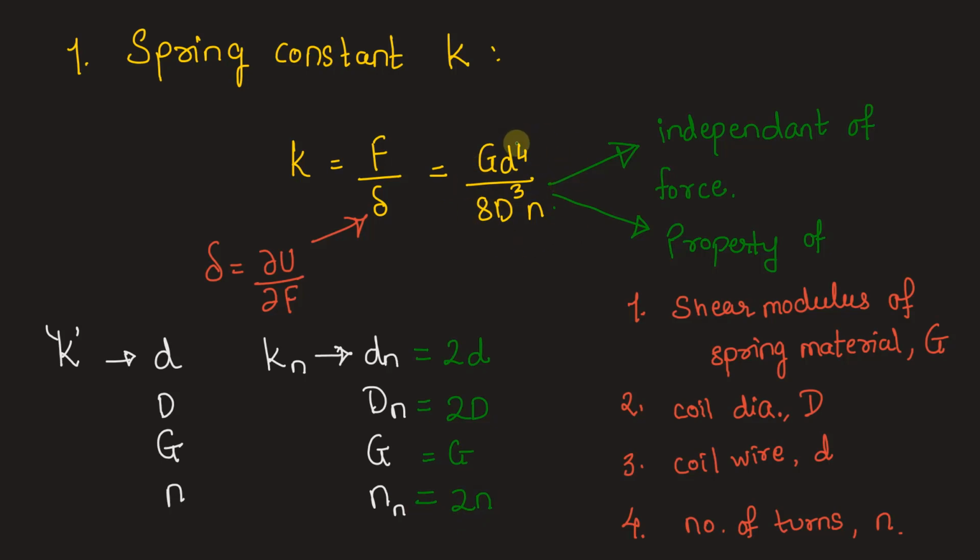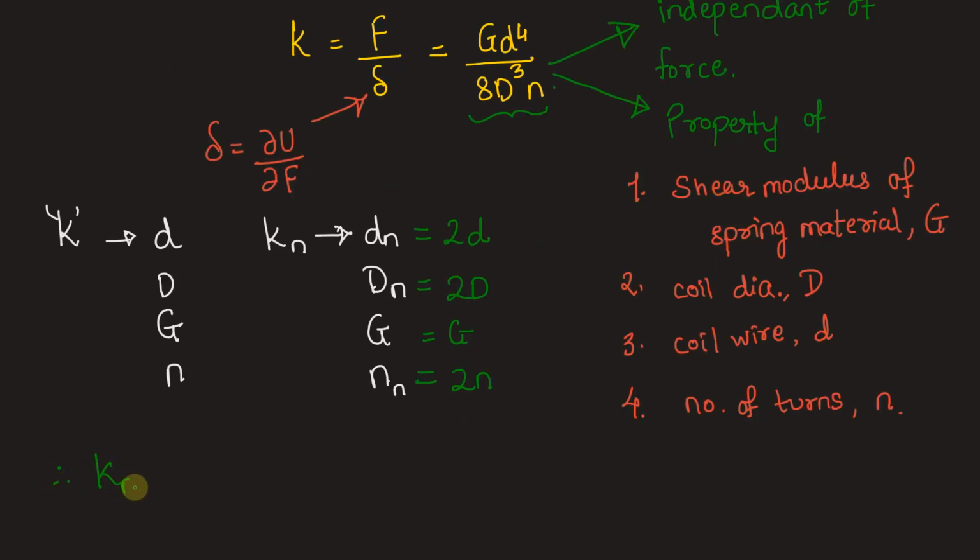Now using this formula, the old spring constant is nothing but the formula itself, because we have taken small d, capital D and small n as they are. But for the new one, let's see what the spring constant calculates to. Hence we have Kn equal to G into 2d whole raised to 4 divided by 8, and this capital D also becomes 2 times capital D whole cube, into 2 times N, which is equal to, now let's keep this G d raised to 4 upon 8 capital D cube N separately and see what number comes out to be